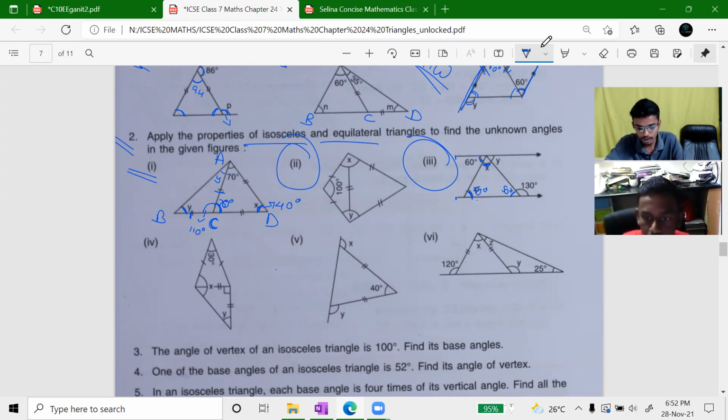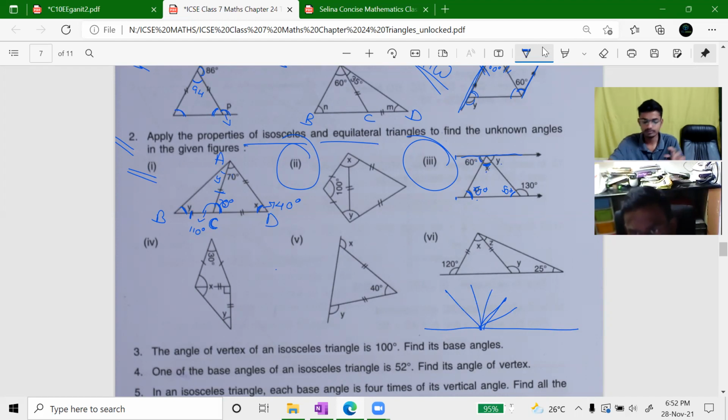Once you got the value of X, we know that, see, if this is a single line, on a single line, n numbers of angles are made. How many angles are made? Three angles are there now: 1, 2, and 3. 60, X and Y. But the total of this whole angle will be 180 degree. So what you will do? You will do 60 plus X plus Y.